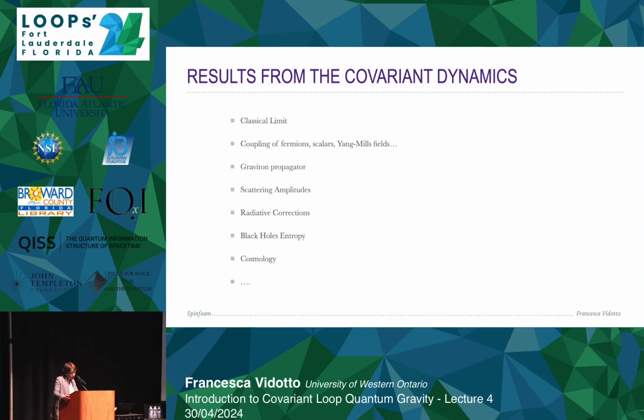So we were mentioning also things like radiative corrections that have to do with the renormalization. And something I will talk about briefly later is also extracting the black hole entropy directly from this theory and doing cosmology. I wanted to leave a space for just a discussion, and whatever is more interesting for you. But these are things on which I will try to focus a bit more